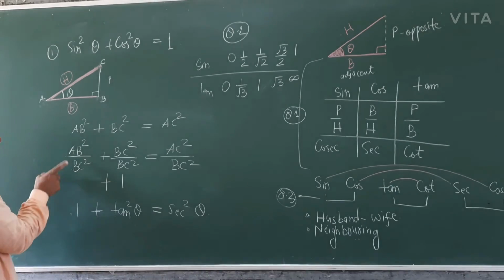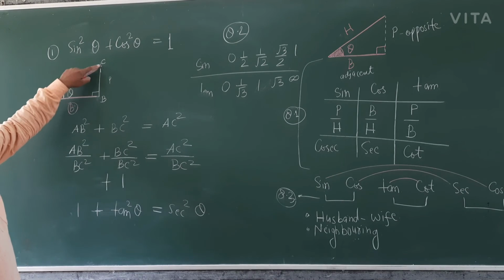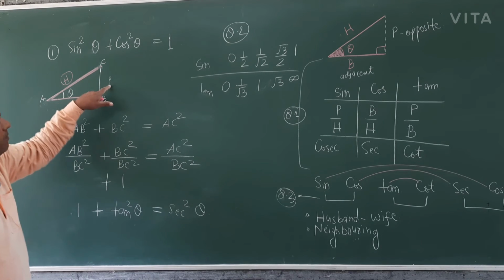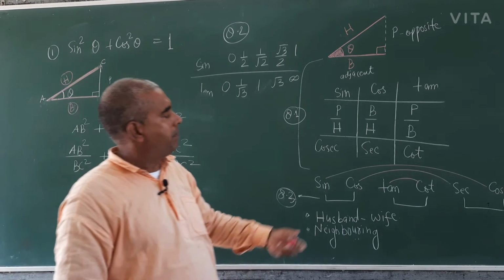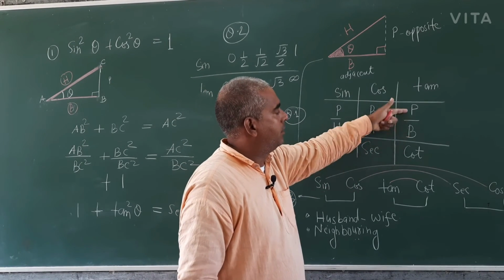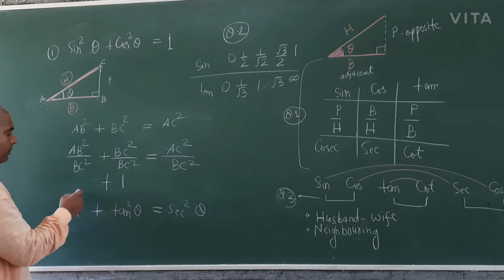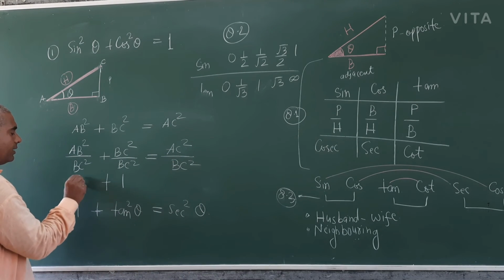This is AB upon BC, base by perpendicular, which is the inverse, cot. So this is 1 plus cot square theta